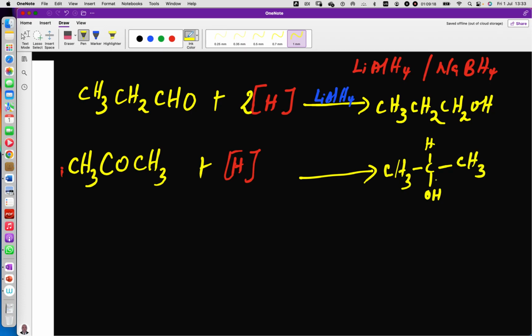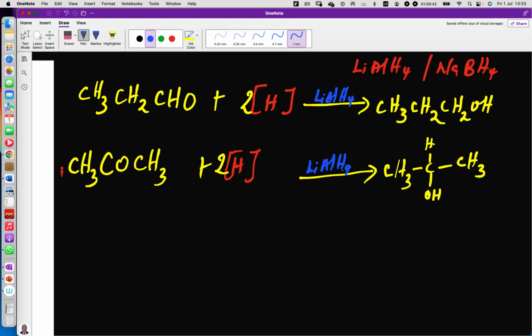So how many hydrogens are required? The hydrogens required are just this one and this one. So 2 hydrogens are required to produce it. So we can reduce a ketone to secondary alcohol, and we can still use lithium